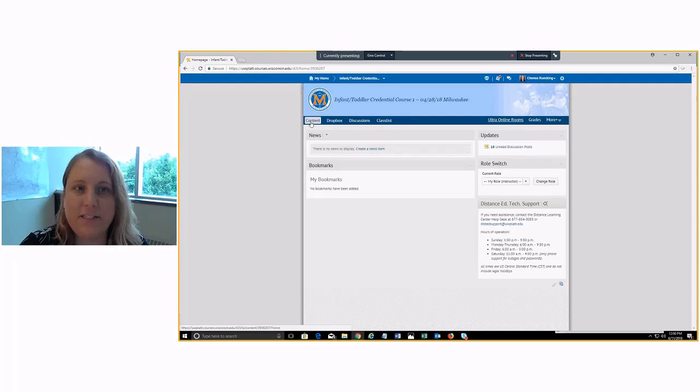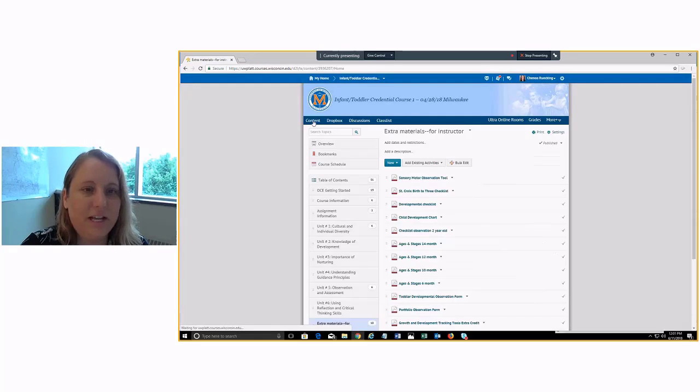The first button here is the content button, and if you click on that, that will show you all of the assignments and readings that your instructor has for the course. He or she may decide to open them up week by week so that you're just seeing the current week's readings and assignments. They typically will organize them weekly with the due dates each week as well. So you have a little bit of flexibility throughout the week to work on it when it meets your schedule.